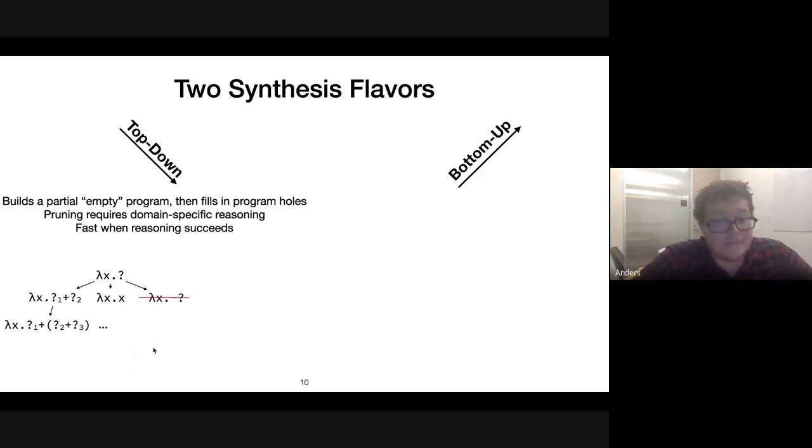But reasoning doesn't always succeed. And usually once that reasoning fails, it defaults to just raw enumeration, and it's very slow in such contexts. So you have a bit of a balance: in certain situations where you have a very tight specification, you can do really good reasoning to build up your synthesis tree. And this is kind of what Synquid does. When you can do that reasoning, it's blazing fast.